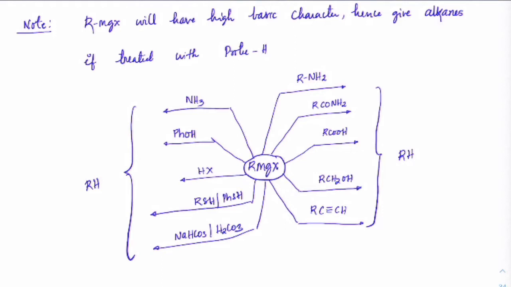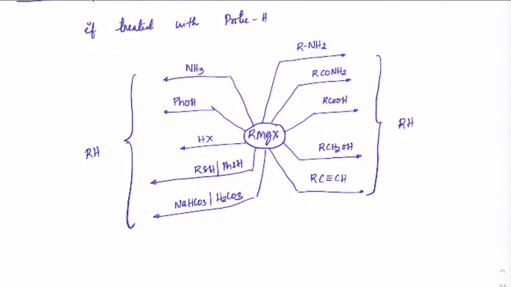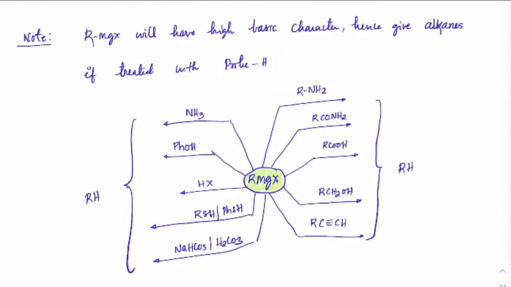So this is a type of question that would be asked: how many moles of Grignard's reagent are to be used in a particular molecule, where you will have all of these combinations. You may have COOH also, you may have NH3, you may have OH. In all of these cases, you need to tell how many moles of RMgX are used. Grignard's reagent otherwise is a very huge chapter, but we are only discussing those points which are essential here.